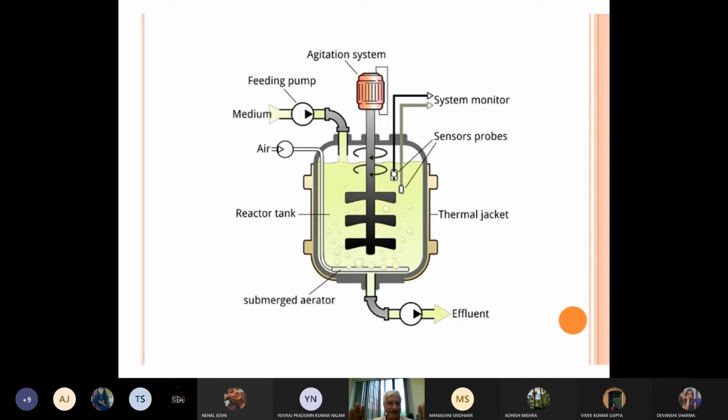See what we do in fermentation, we first prepare a media, and we fill the media into the fermenter. Just like in college you must have made media in a flask, correct? Media is nothing but that powder of HiMedia, or you put a glucose, ammonium sulfate, nitrogen source. It can be yeast extract, it can be beef extract, and then what we do is we put in water, we mix it, and then we put this flask into autoclave. After autoclaving, we put the bacteria.